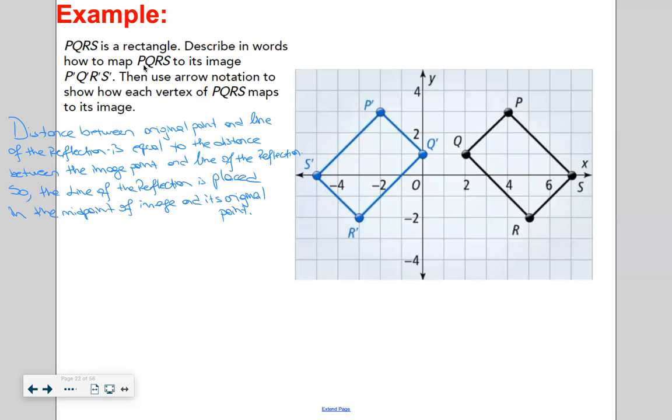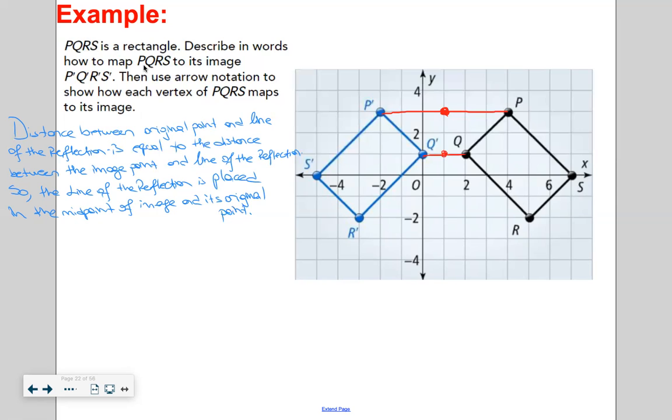Let's look at image and original points. This is my graph. When you look at the point P and P prime, this is the whole distance. The distance between them is 1, 2, 3, 4, 5, 6. And the midpoint is here. Look at the Q and Q prime. This is the distance, and we know that the line of the reflection must pass through the midpoint of Q